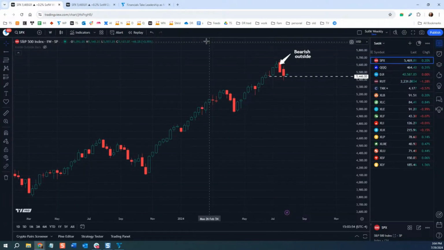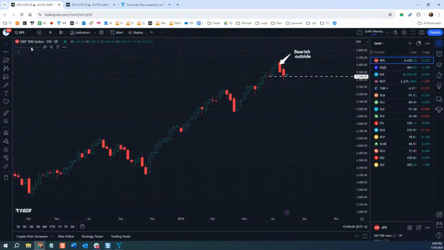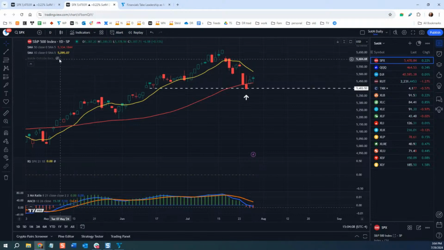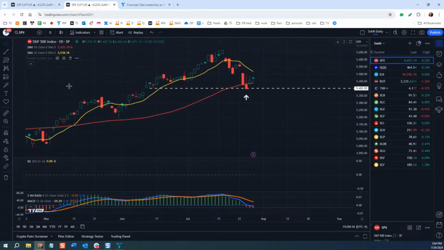And the other thing is, if you look on the daily chart, you can see that we had here an inverted hammer and an inside day and another inside day. If I actually go here, I can show you. There's this thing here with inside bars I can add on TradingView. I want to just quickly show you. You can see here we have an inside day and another inside day. So tight inside days here also suggest things stabilizing potentially.